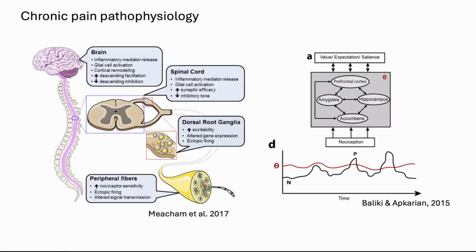And this is a topic that I will cover very briefly, mostly for time issues, but I do recommend, if you're curious, to read this review by Meacham and colleagues that explains this quite well. So regardless of all of this, it is generally thought that these changes that occur at the periphery and at the spinal cord act as an amplifier. So they kind of turn the quote-unquote volume of the nociception up or down.